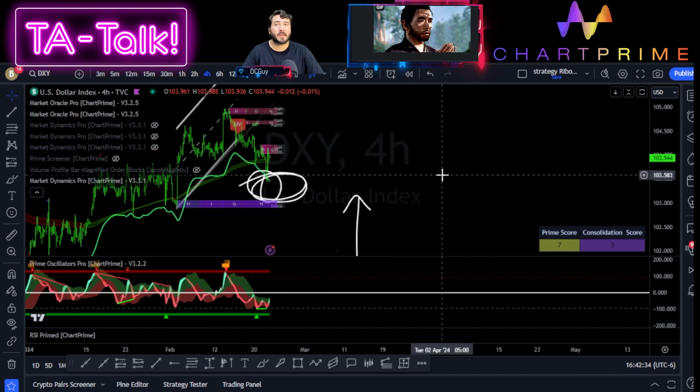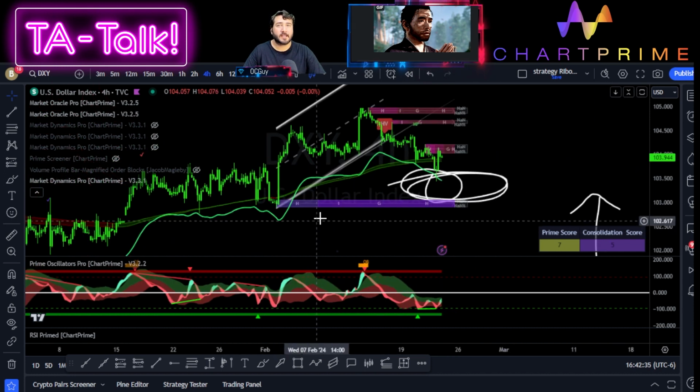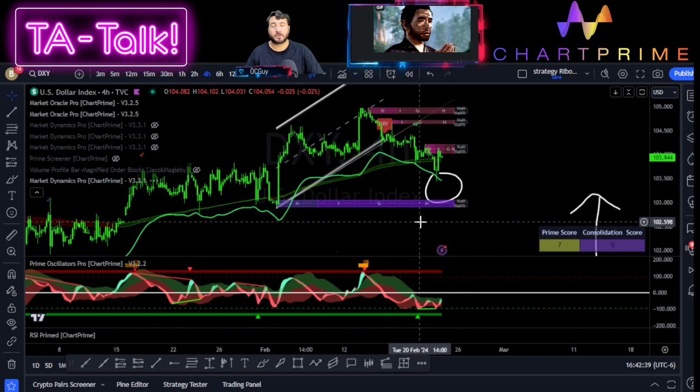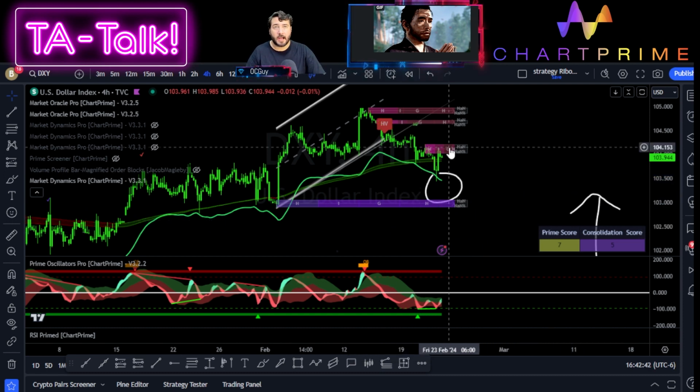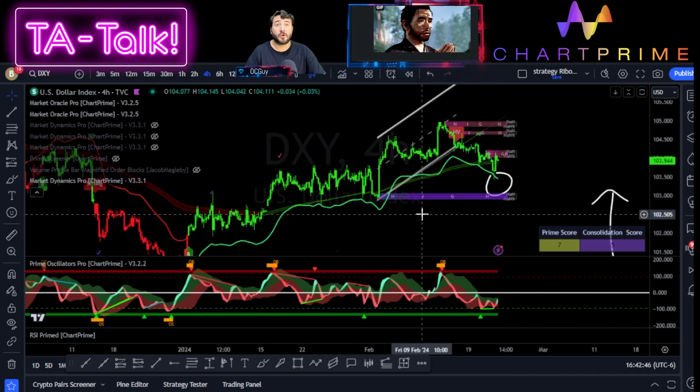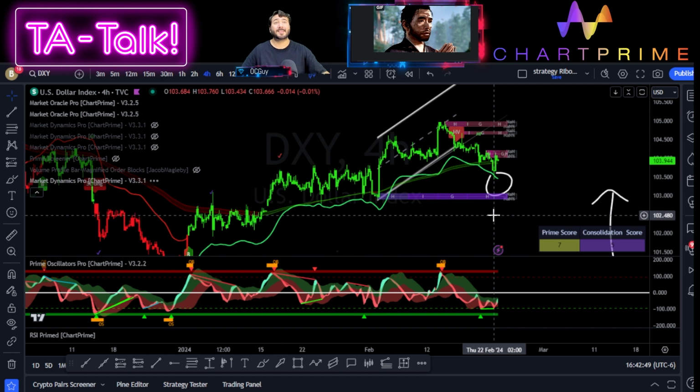Look at where my next order block is in here. It is a high order block, and remember that your order blocks are basically built on positions, and I also incorporate volume into the calculation. So a high order block is difficult to break, all right? We have three kinds of order blocks. We have soft, easy to break. We also have high, difficult to break, and then we have loud, the hardest to break, either to the upside or to the downside. That doesn't matter.